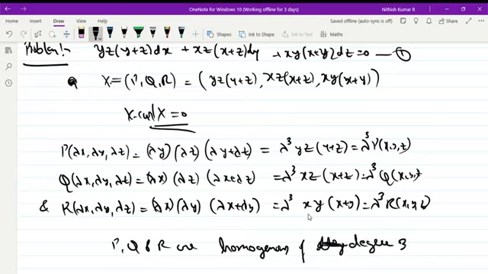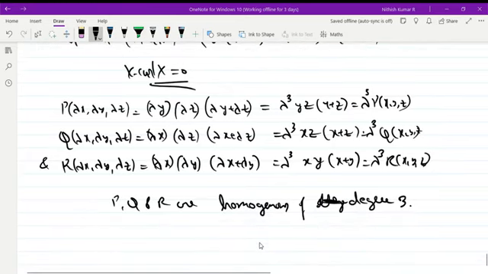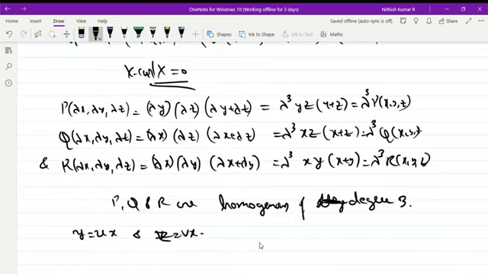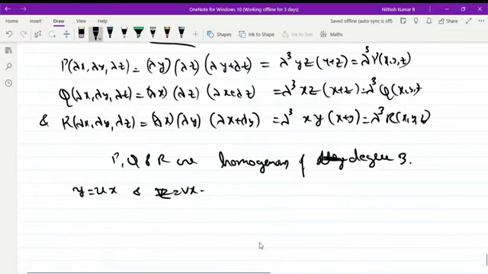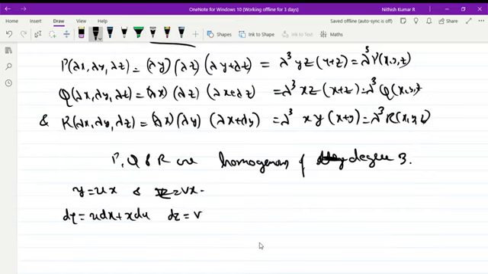Now, as we see in the theory part, we need to substitute y equal to ux and z equal to vx in the given differential equation and its derivatives, that is dy is u dx plus x du, and dz is v dx plus x dv. So we get